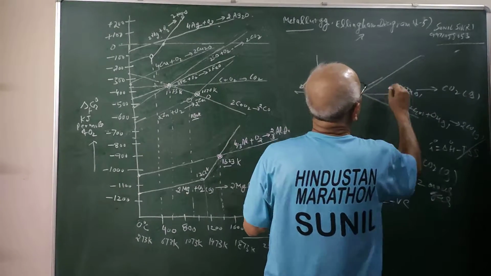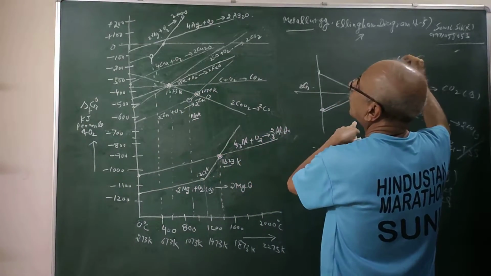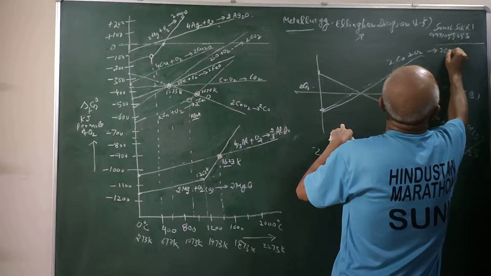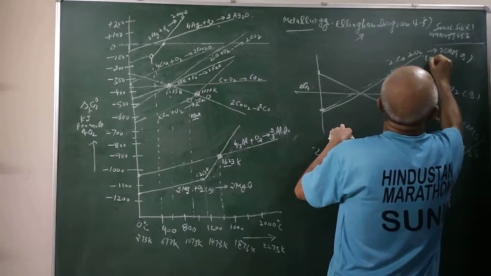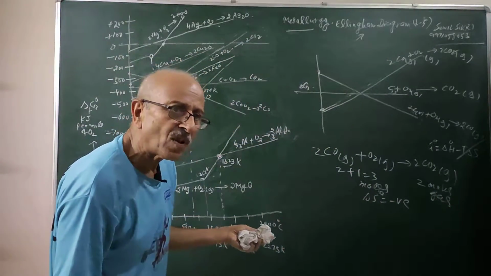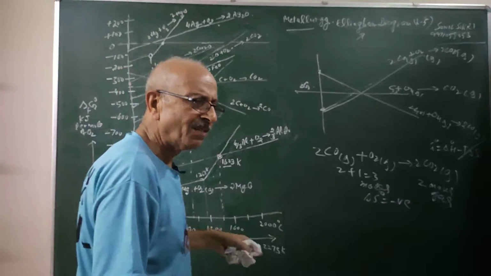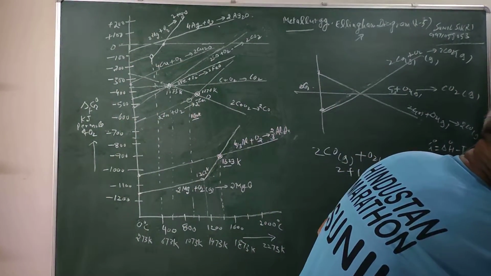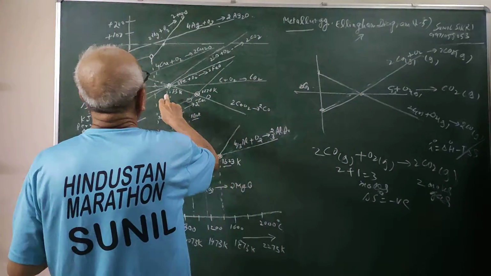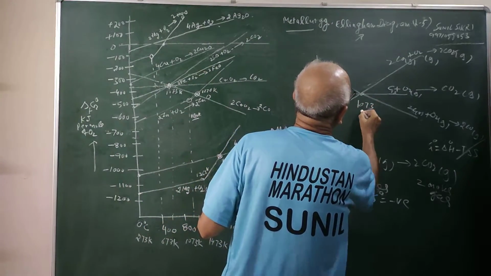This will show this type of graph. So you can see that there are 3 types of curves which we have shown. This is 2CO plus O2, and this is giving me 2CO2. This is gas, this is gas, this is also gas. So carbon monoxide also acts as a reducing agent, carbon also acts as a reducing agent. So we have to see in which case which will be more effective as a reducing agent. As you can see, this is a crossover temperature here, 1073 Kelvin.